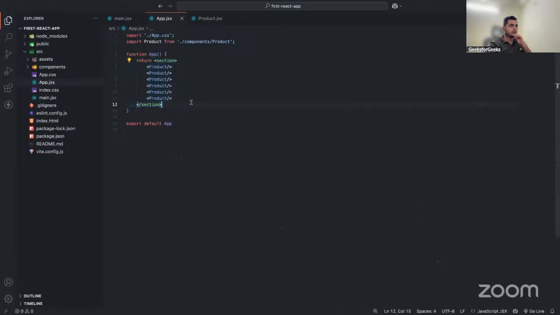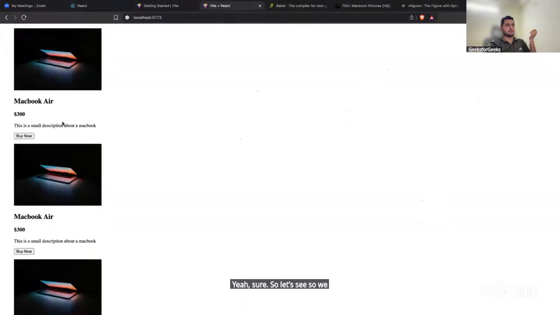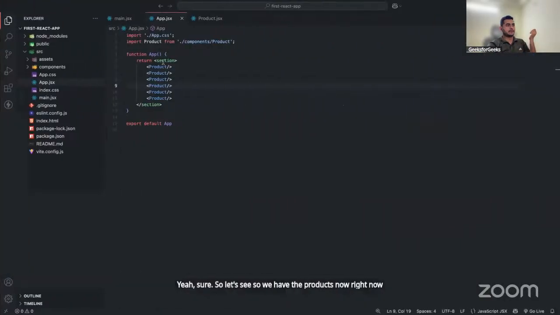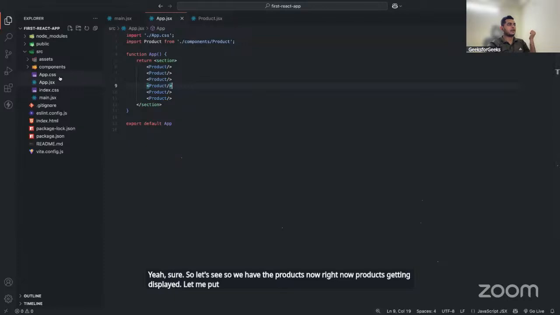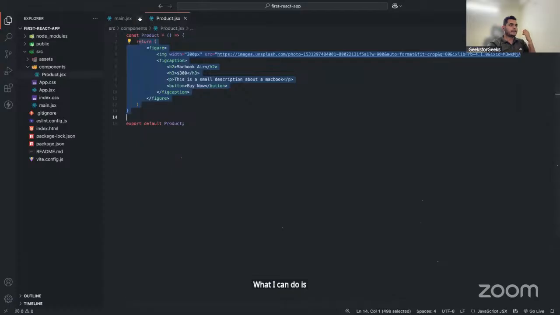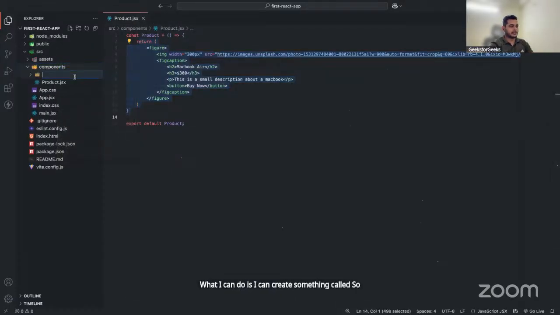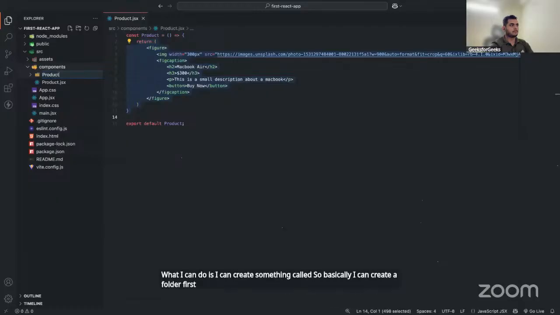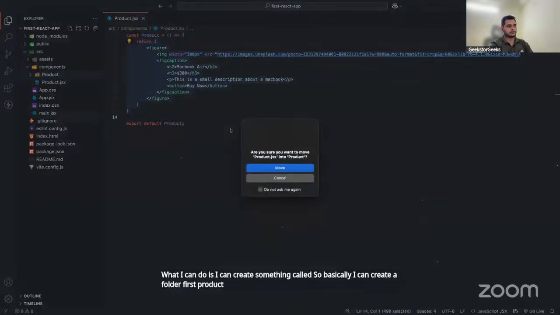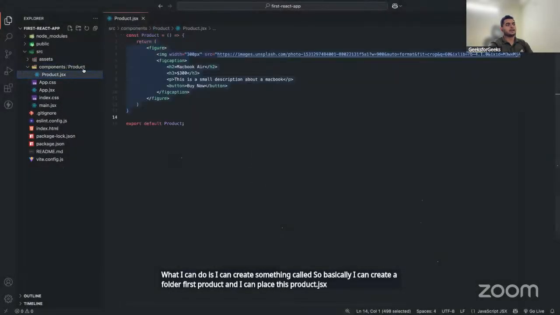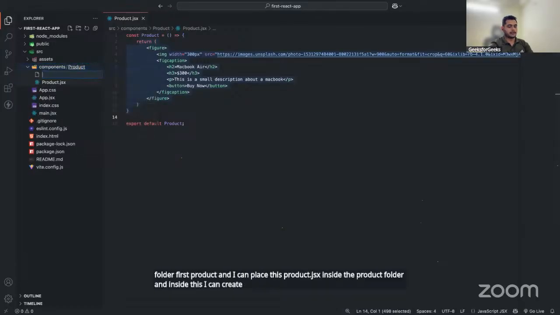Okay, chalo, let's see. We have the products now, products getting displayed. Let me put a border also. There are multiple ways to do that. What I can do is create a folder first, product, and place this product.jsx inside the product folder. And inside this, I can create one more file called